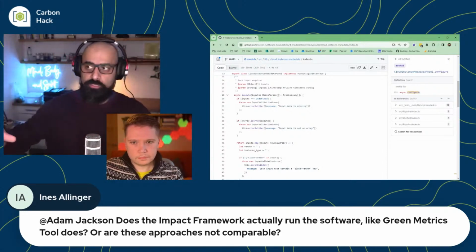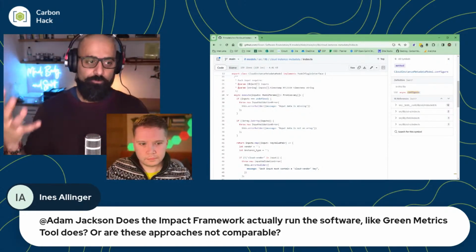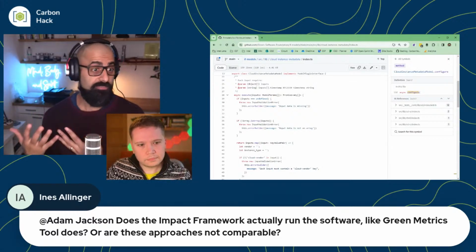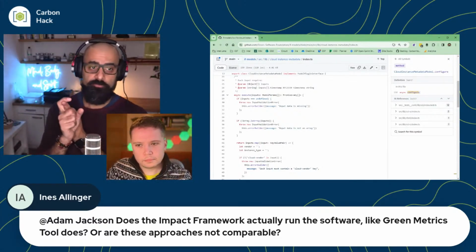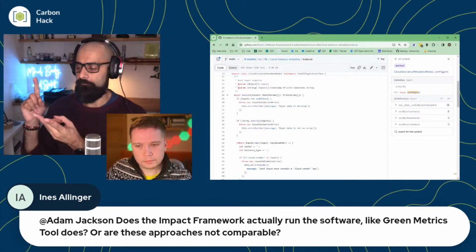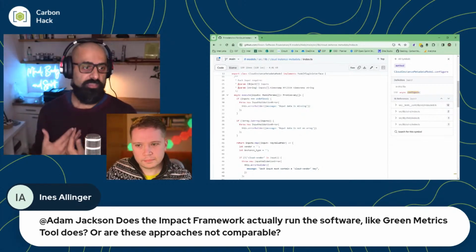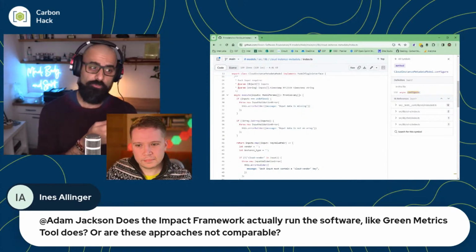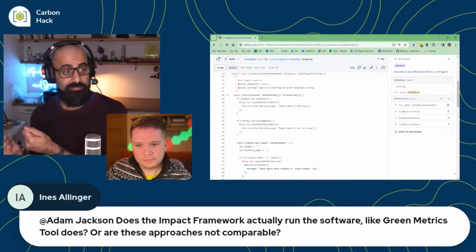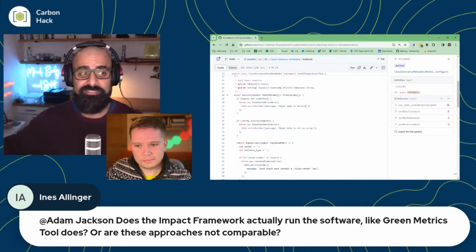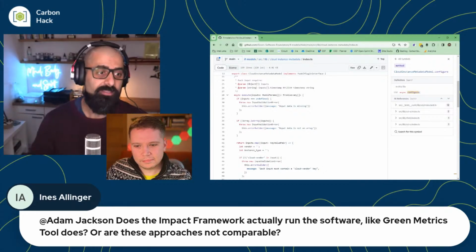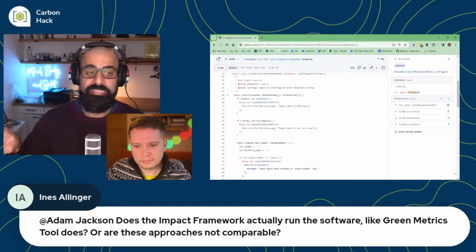So you don't have to install anything, but you do need to be able to gather observations about your running system. For instance, with a website, one observation you might gather is the number of page views. Then we need models that can take page views and turn them into carbon impact. We know those models; there are models that exist out there. There's the CO2.js model, which we're building an interface to as well.